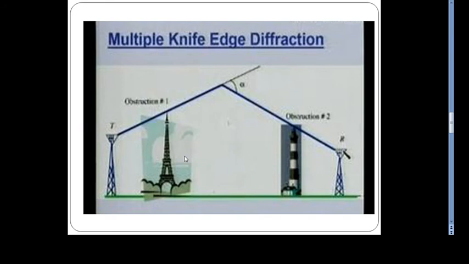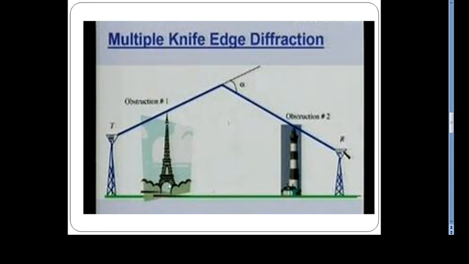We also consider the model for multiple knife edge diffraction. When we consider the model for single diffraction, the obstacle is single, but when obstacles present are more than two, we also consider multiple knife edge diffraction. So whenever a multiple diffraction edge model is considered, multiple obstacles will be present.